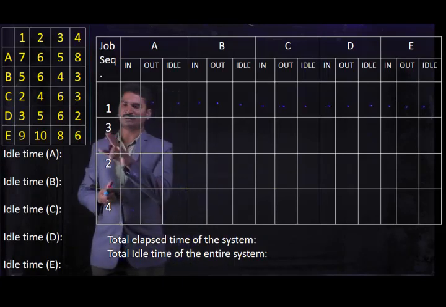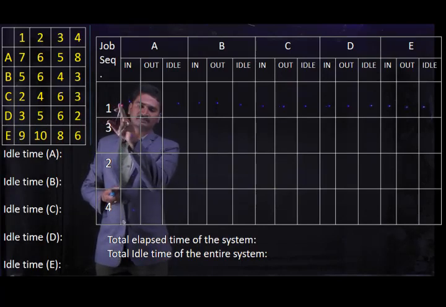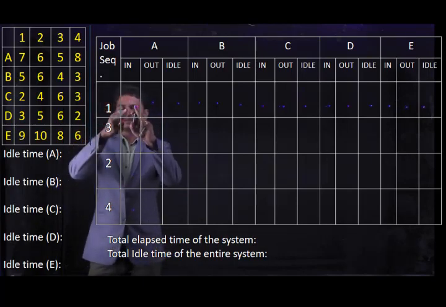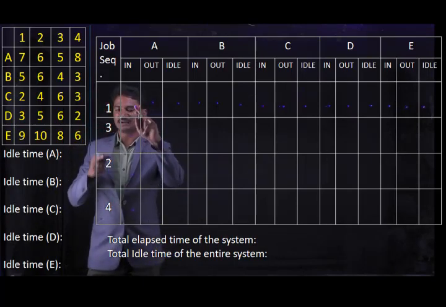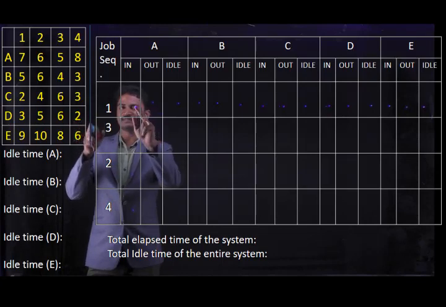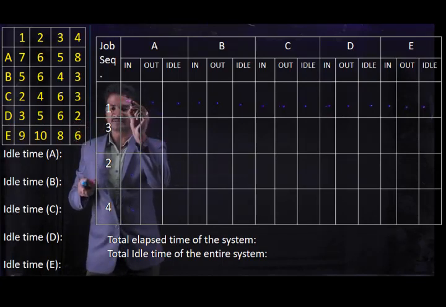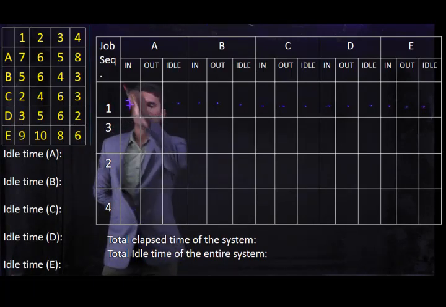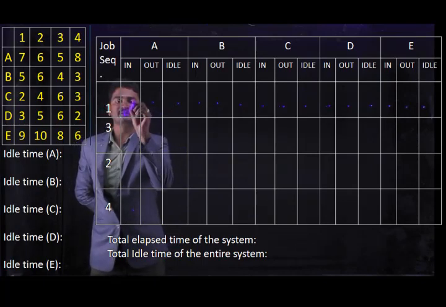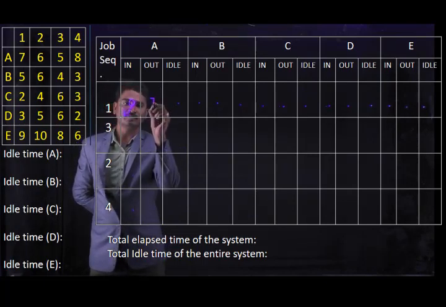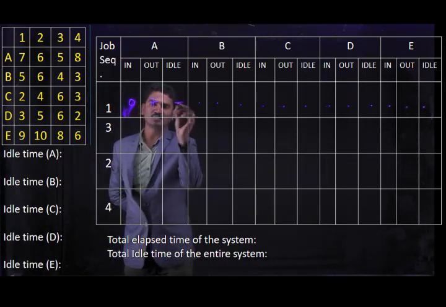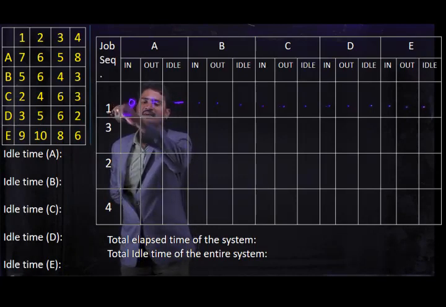Coming to the first, here we have the sequence 1. From this sequence we are going to calculate the job in time. Here at the first mission A we have 7, so I am going to take 7 hours here. Okay, this is our out time. Now our in time is 0. Initially we have 0 hours. After processing, the time is 7. Then for the mission idle time, there is no idle time because we started at the 0th hour.